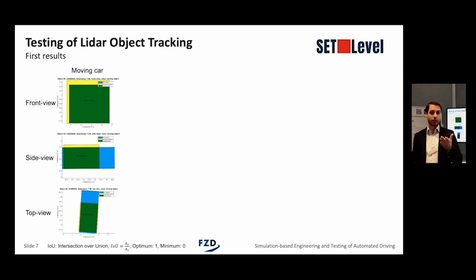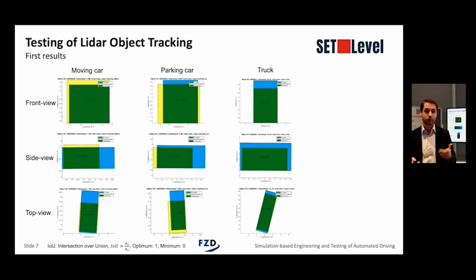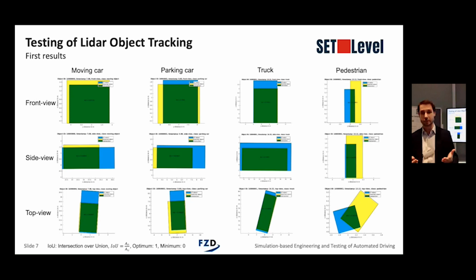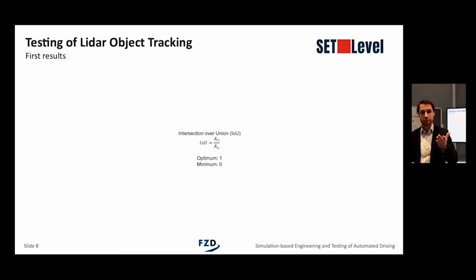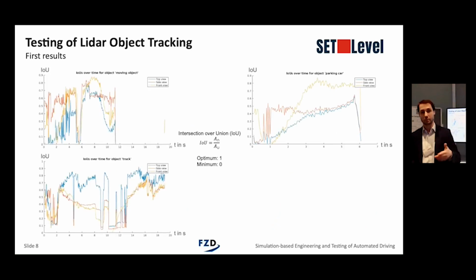And in this scenario, as you saw in the short video, we don't only have one object, we have multiple ones. So we have a moving car, we have a parked car, we have a truck, we have a pedestrian. So we can really employ this for all different kinds of objects. And then this is just one snapshot, but of course we can also do this over time. So calculate this metric